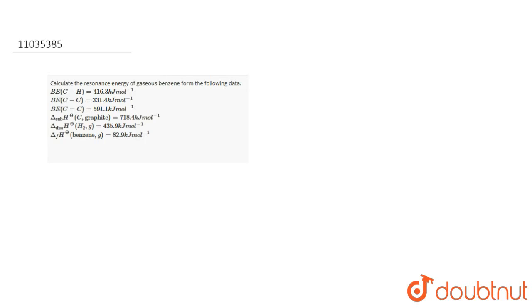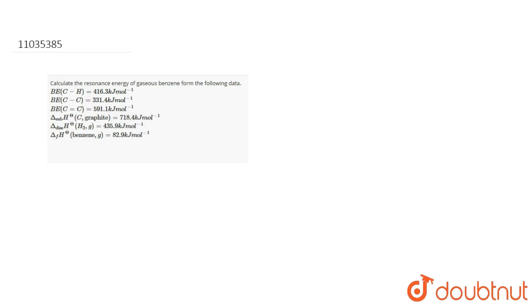इस क्वेश्चन में हमें रेजोनेंस एनर्जी ऑफ गैसियस बेंजीन निकालना है और हमें गिवन है हीट ऑफ सब्लिमेशन ऑफ ग्रेफाइट, और डिसोसिएशन ऑफ H2 इज गिवन, और हीट ऑफ फॉर्मेशन ऑफ बेंजीन इज आल्सो गिवन टू अस और हमें डिफरेंट बॉन्ड एनर्जीज मालूम है।